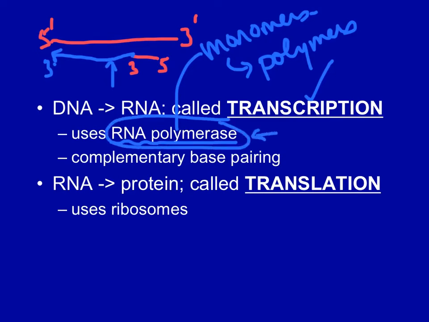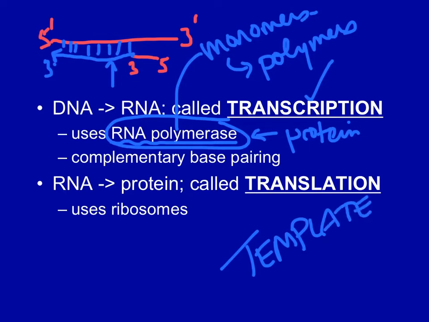Interestingly, this polymerase is a protein. Even though it's an RNA polymerase, it's because it's making RNA. Okay, it's not a ribozyme. And this is done because of complementary base pairing. We know what to add on to the new strand because we're complementary base pairing to the template strand. Okay, so template,